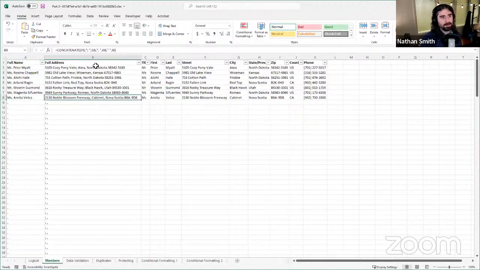And similarly over here, we're using the concatenate function. We've got a semicolon between the street address and the next line of the address, basically, and then a comma between the city and the state or province. So